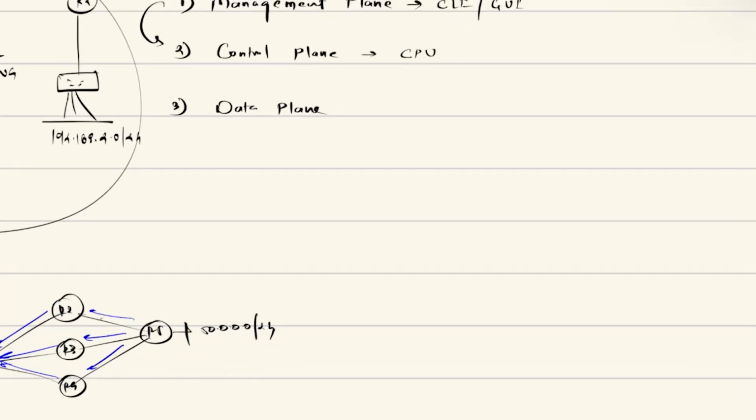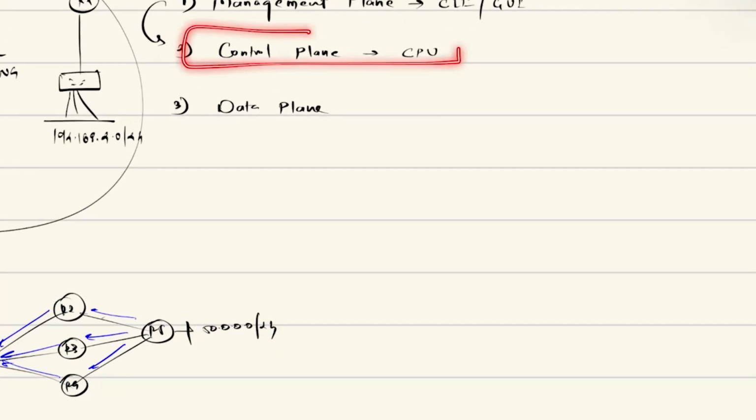So there are a lot of these factors which control plane checks, and then it installs that route, and then it also informs the data plane to start forwarding the traffic according to the decisions that it has taken. Because data plane is responsible for the line cards or interfaces, whatever you call it.